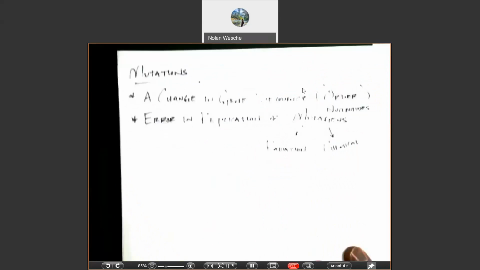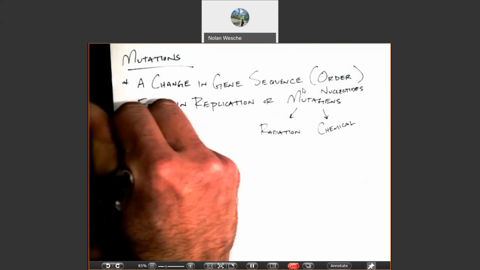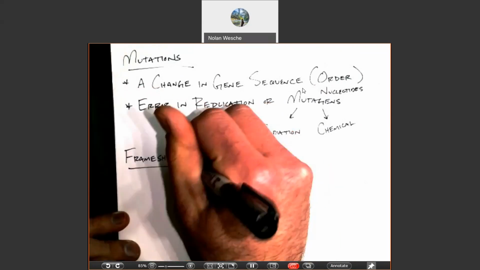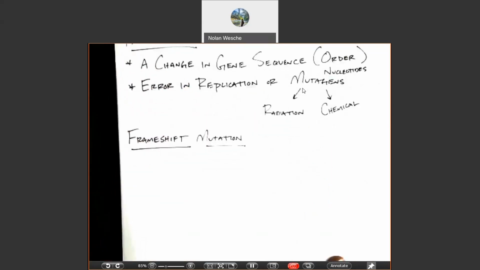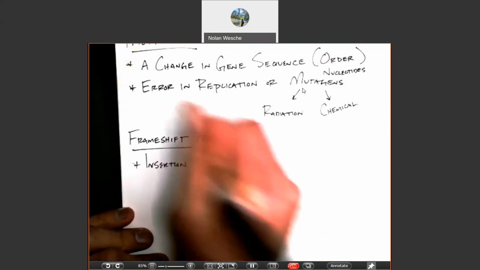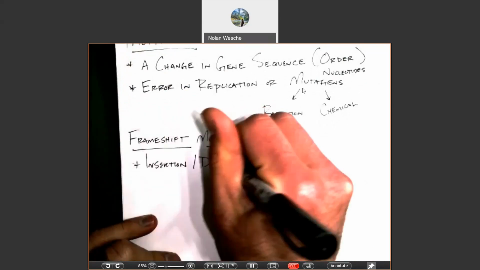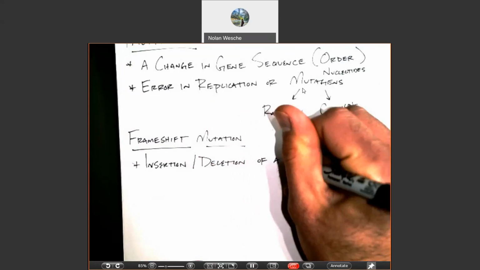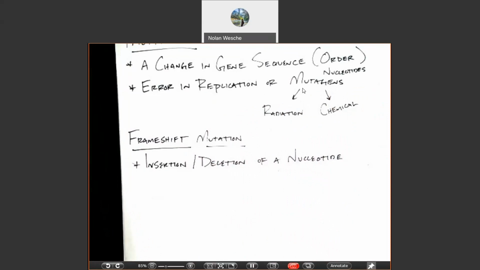So we have some different varieties of mutations that we're going to look at. The first one we're going to look at is called a frame shift mutation. A frame shift mutation is when there's an insertion. So we have a base that's inserted or deleted. So, insertion or deletion of a nucleotide into the DNA strand,